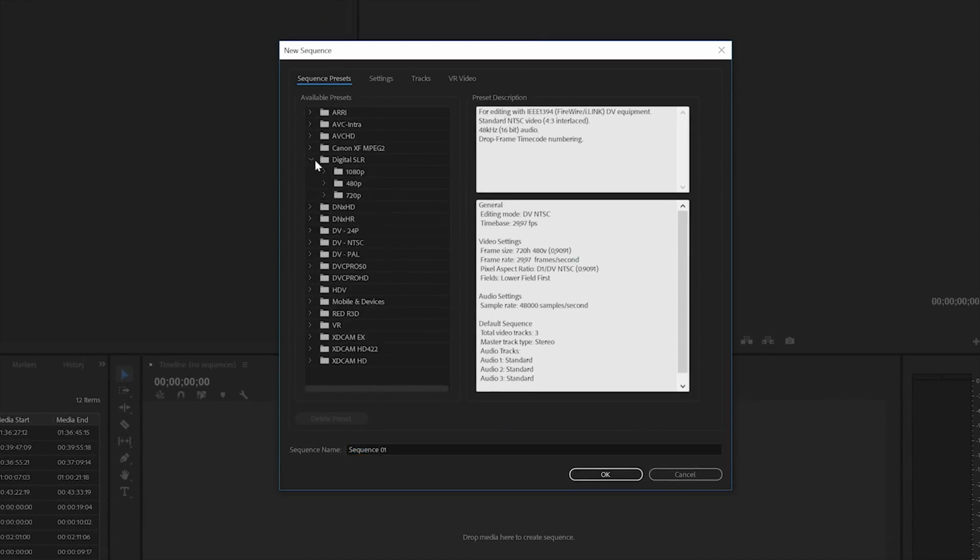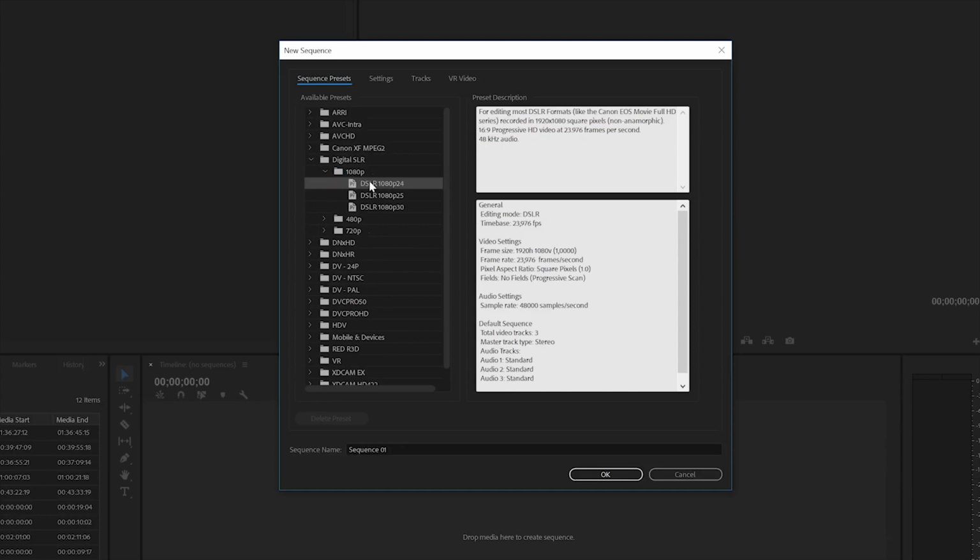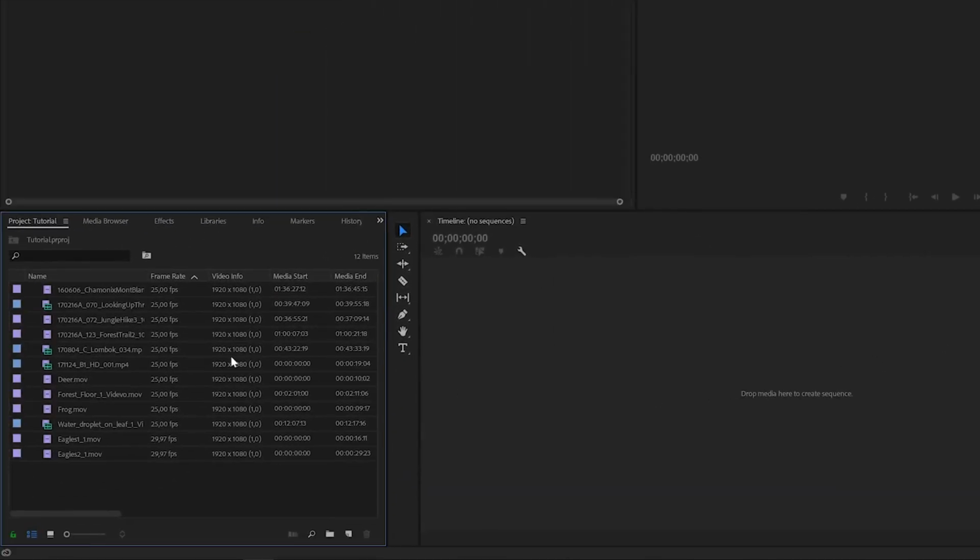You can, for example, select DSLR and then select the desired resolution and frame rate. This might be the way to go if you have a specific output format to request from a client, for example. But if you are not limited to a specific resolution or frame rate, then I would suggest to use the following option. If you look inside the project panel in the detailed list view, you can see that most